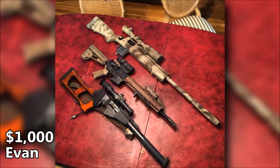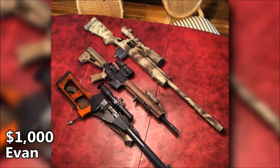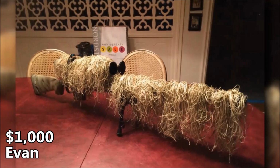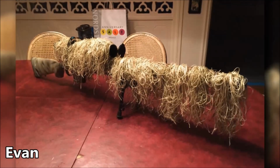When I asked Evan about why he should be on the top spot, he responded with, "Because my guns are unique, and you can't find any others like it." Not only that, but it's a Tanaka, and it's discontinued. That may be true, Evan, but you should know, you don't have the only discontinued gun on this countdown, because